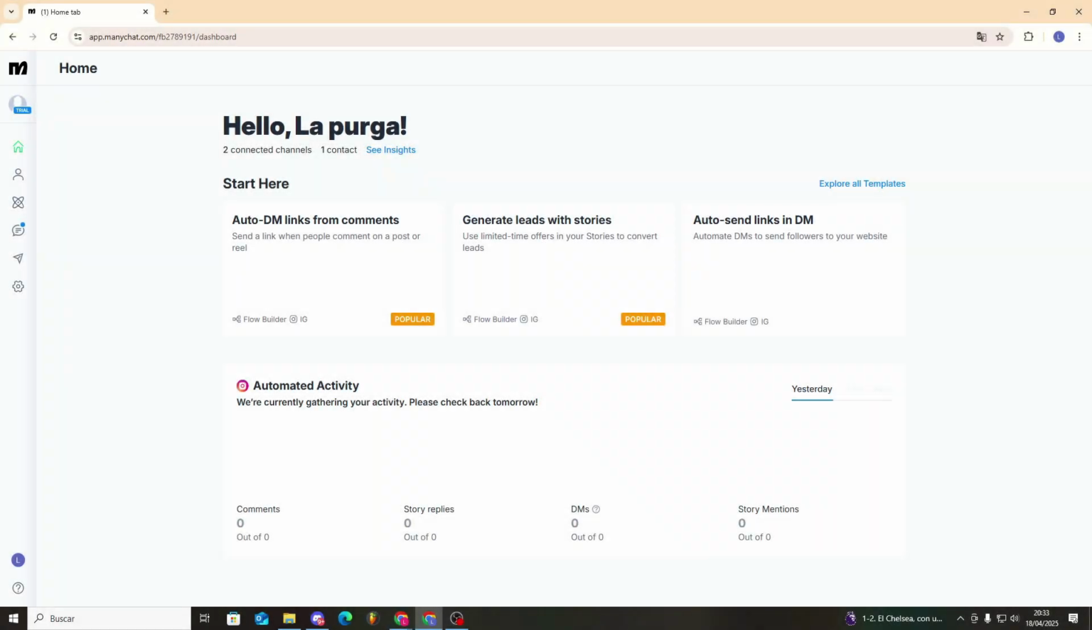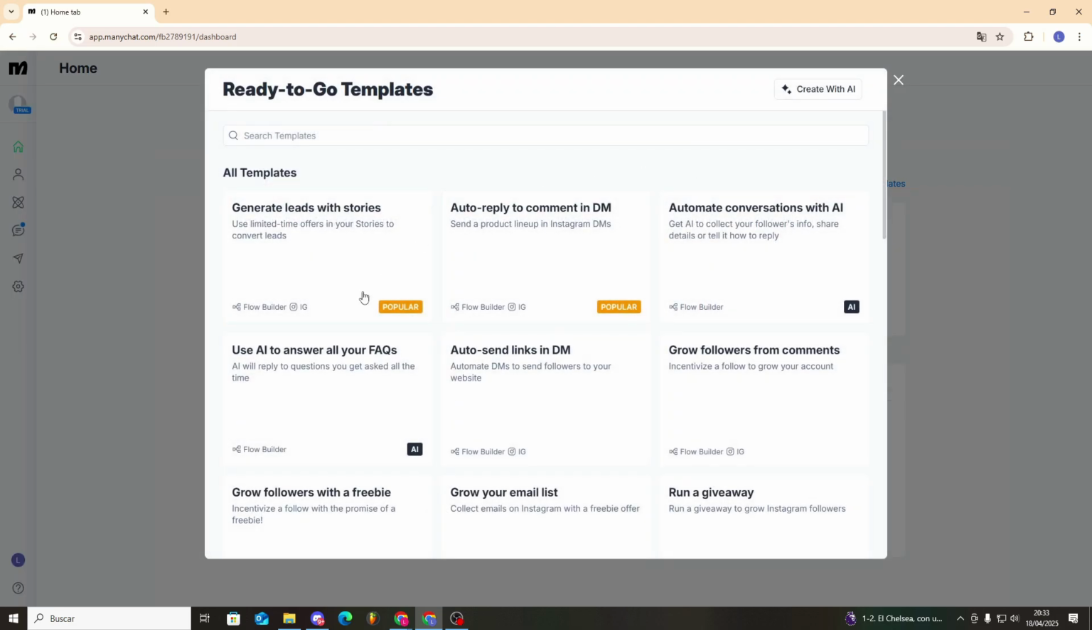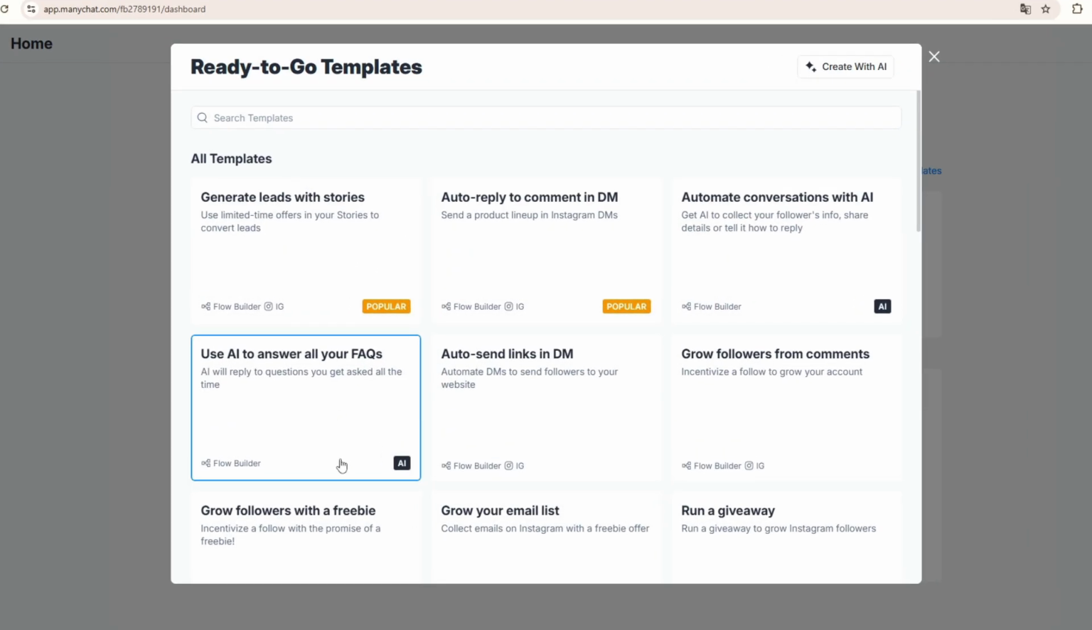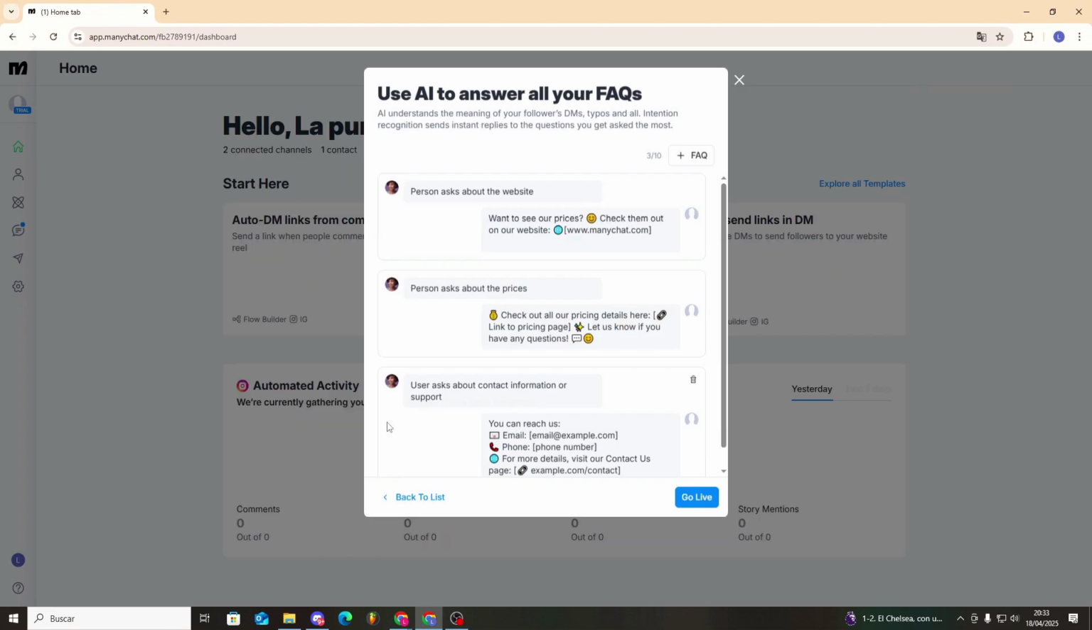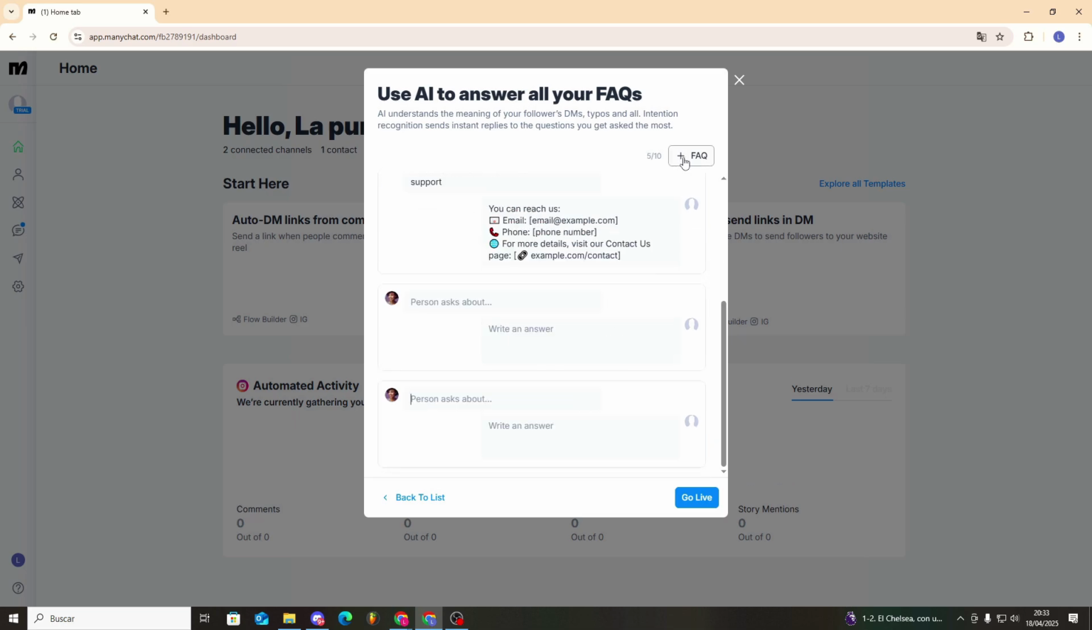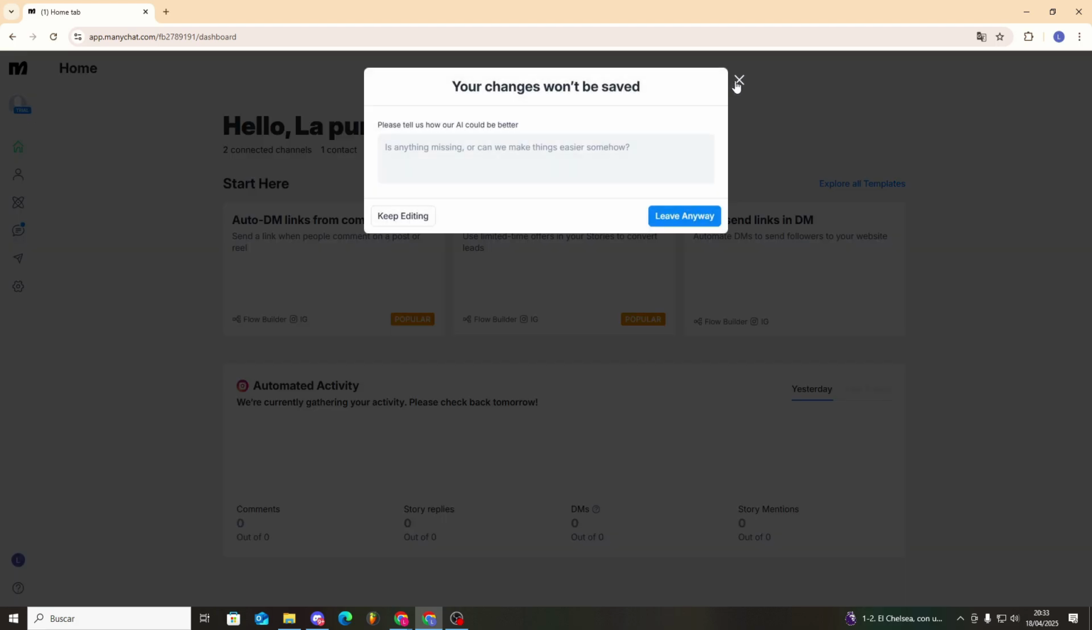Let's see how to answer FAQs using MANYCHAT. There's a section in automations with a template for answering our FAQs, but what's the catch? It's built with MANYCHAT's AI, so what's the issue? You can't create AI automations with the free trial. This automation would let you input a question and set up an automatic response. You can set up to 10 FAQs this way, but we'll show you how to do it with the free